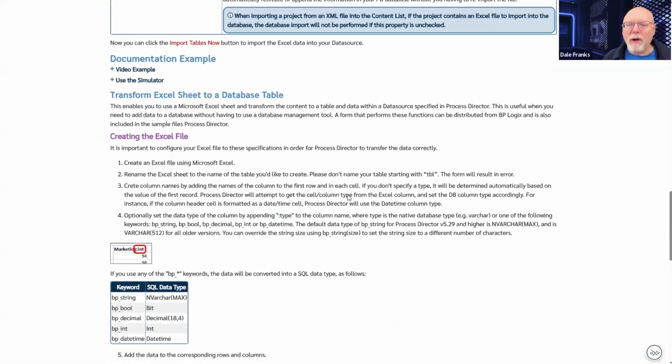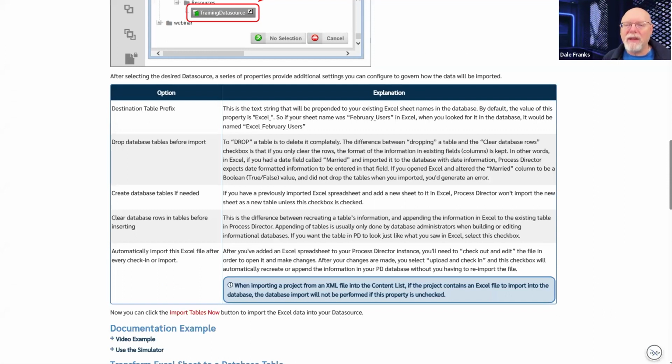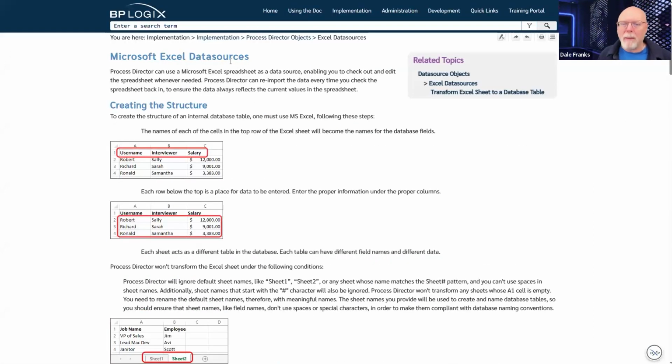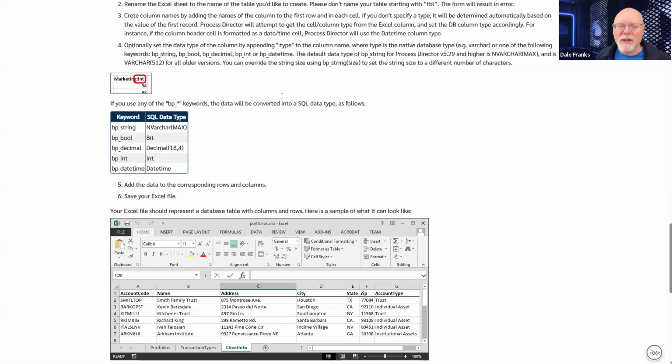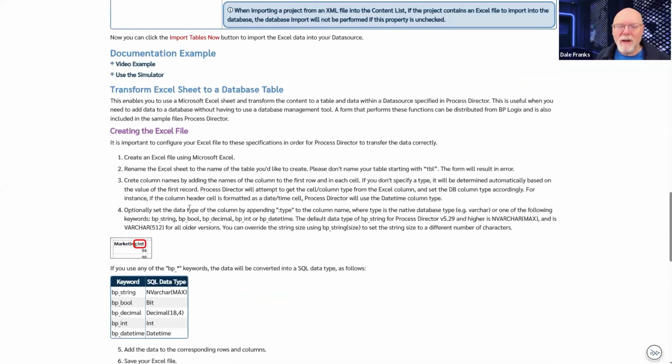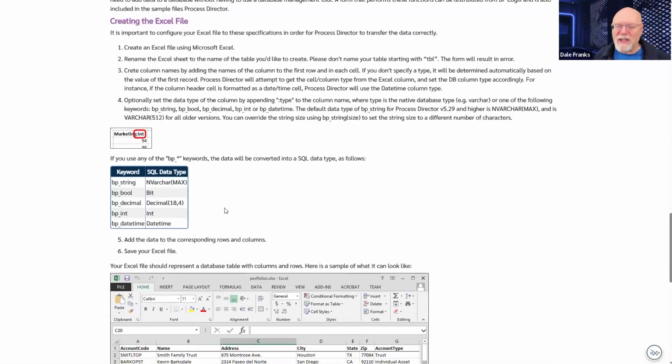Now, if we look at our documentation, and this is from the Excel data sources topic, there's a whole topic under data source objects, Excel data sources. And one little section here talks about setting data types. Now, there are a couple of BP keywords.